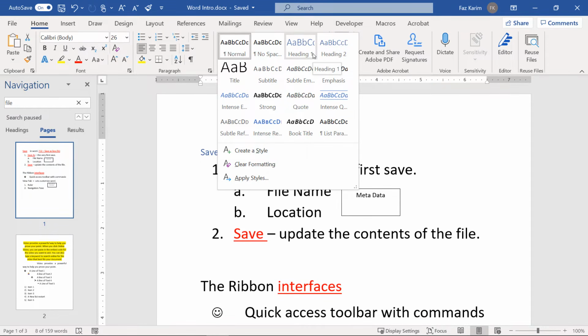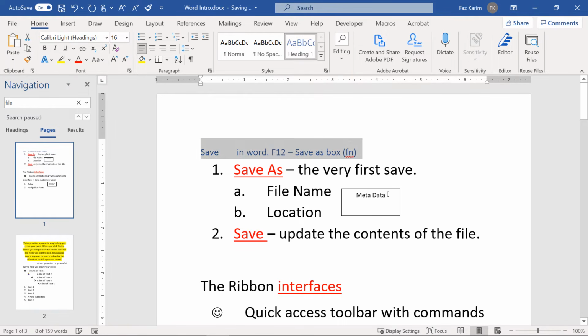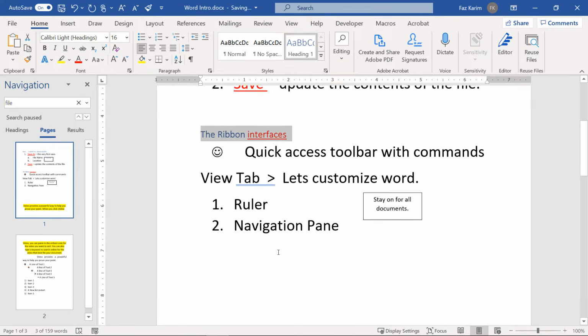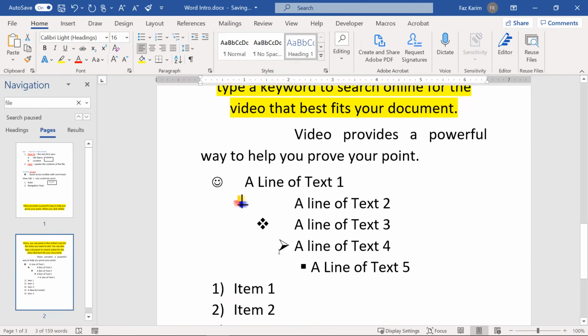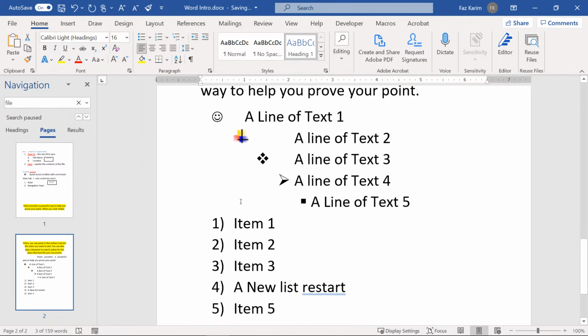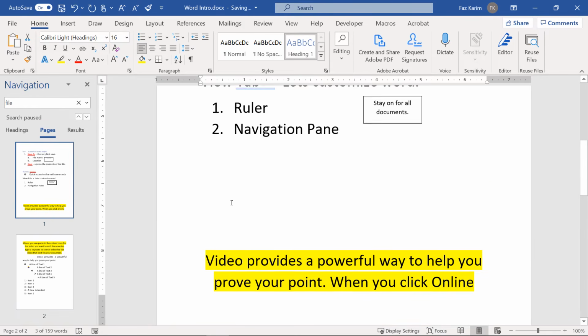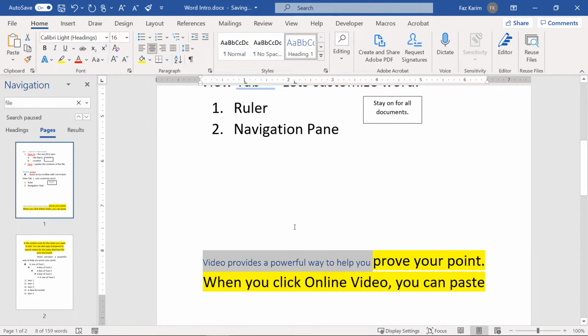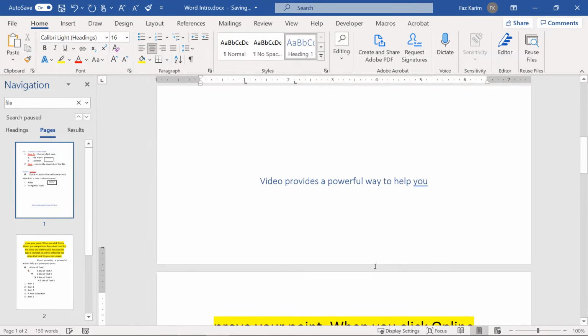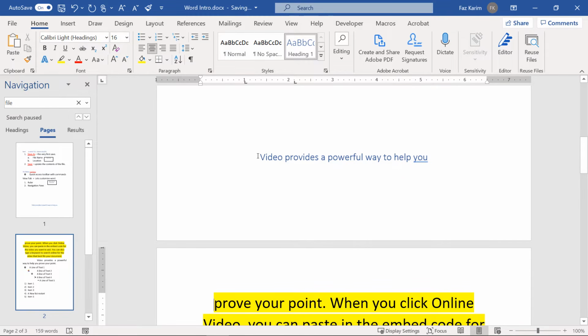Here, I'll make this into a heading 1 style. And I'll do that for each one of my topics. I'll make them into a heading 1. And here I'll also do it for this very first line, heading 1. And I just want to point out that every time you do this and you create these headings,